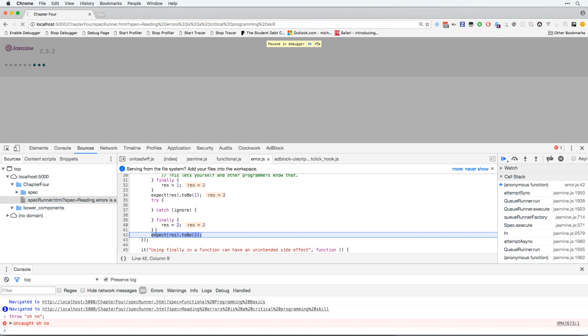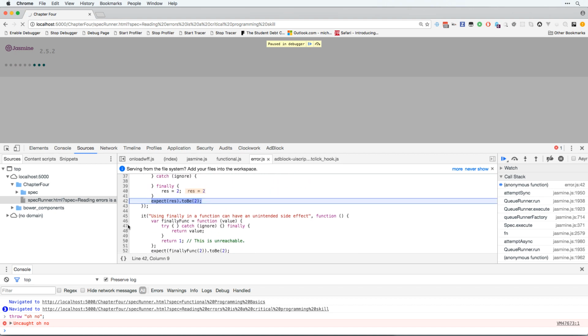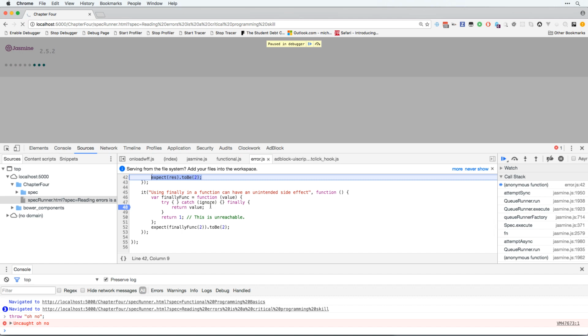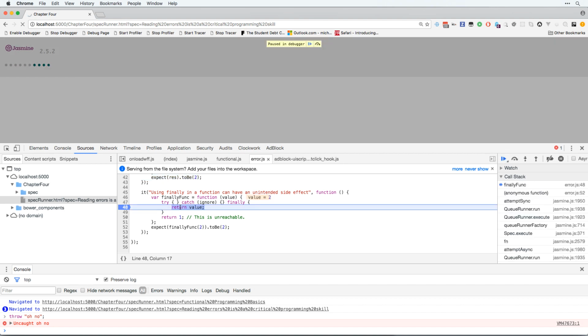So be aware that finally will always run. So if you're going to use that, it's always going to do something. Lastly, this can have some very weird unintended side effects. So if I jump now down to the next part,